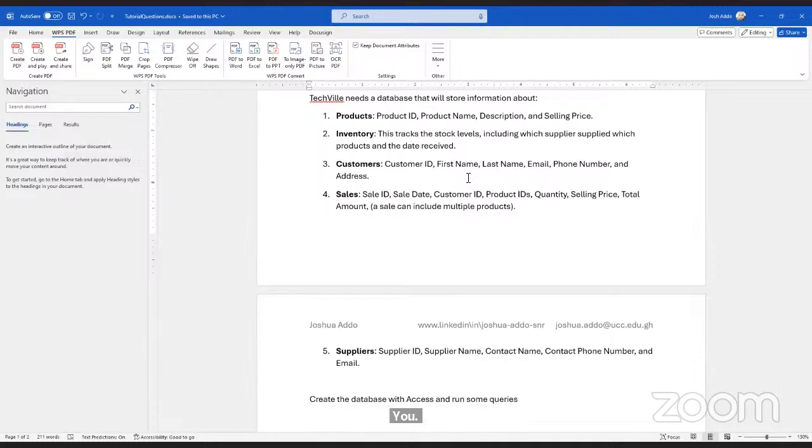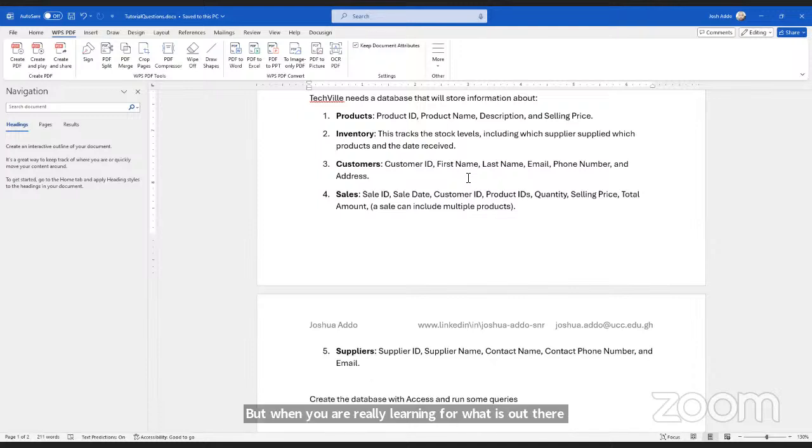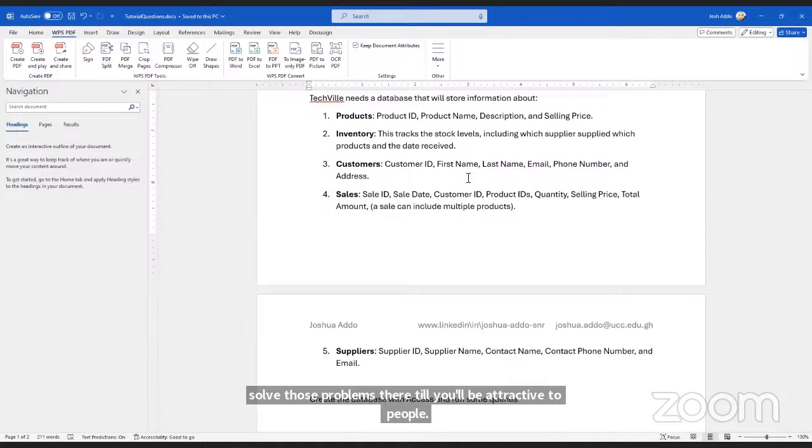Even though my stress and my encouragement is that you have to focus more on the SQL syntaxes, because that's the learning that you really need to do, and you shouldn't learn for exam, actually. We'll use exam to test whether you have been able to do something. It's just a formality. But when you are really learning for what is out there, to solve those problems there, so that you'll be attractive to people, companies which need problem solvers, you need to do the SQL one.